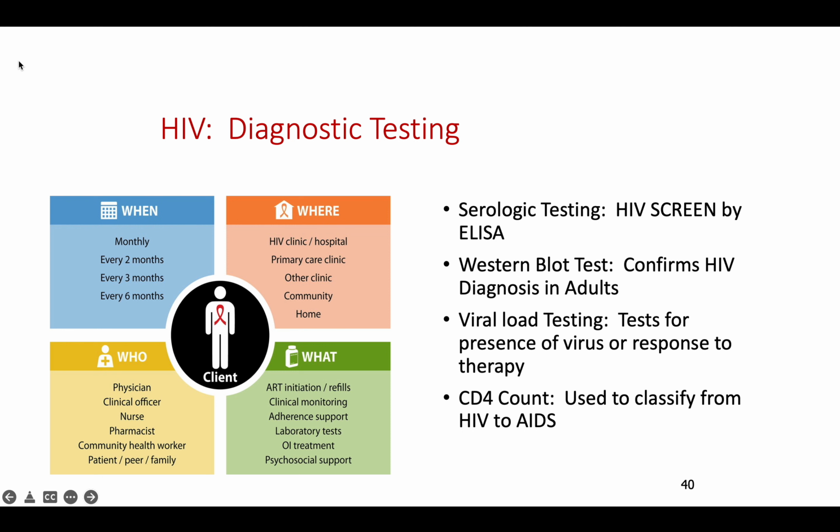After a series of HIV screens, after so many negative screens, they can be considered HIV negative. But it could be with that window period that we do a series of screens and one of those screens comes back positive in that window. If that happens, then we do the Western blot test to confirm the presence of HIV. Once they have a positive Western blot test and their diagnosis goes to HIV positive, then we start doing viral load testing to test for the presence of the virus and CD4 counts to determine